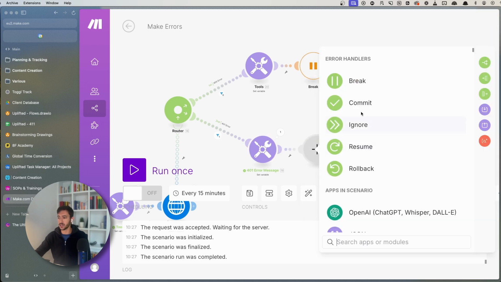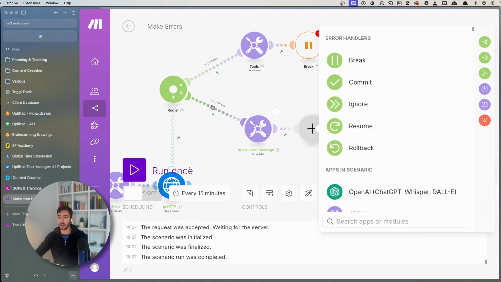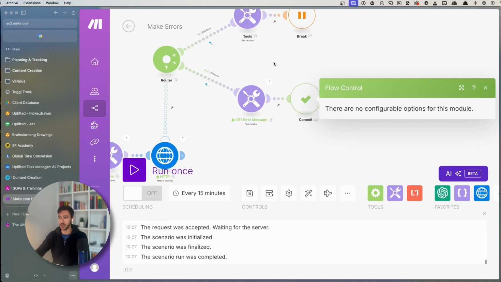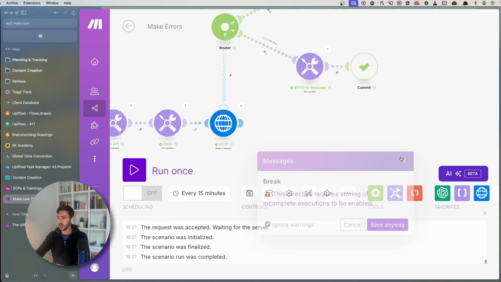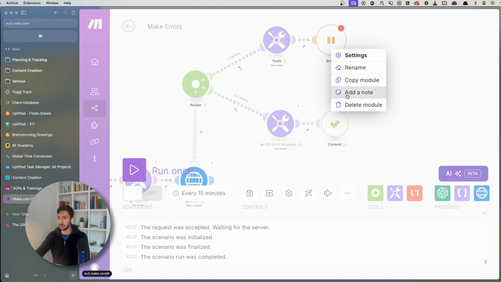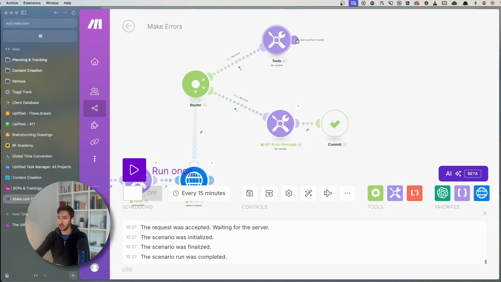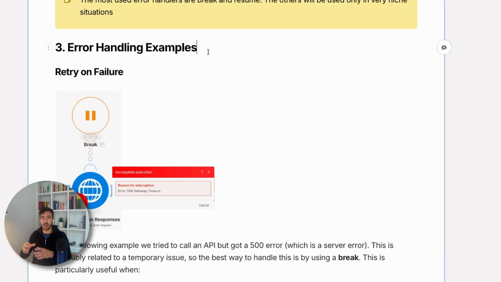Or in the other instance, what you could do if you got a 401 error, and this is vital for you, is use a commit and stop this scenario altogether. So this is an example of a possible thing. Now let me go back to the document over here and show you a couple of examples of possible ways